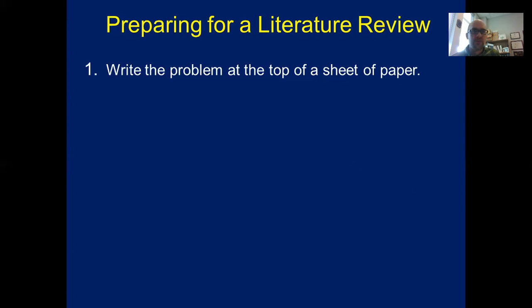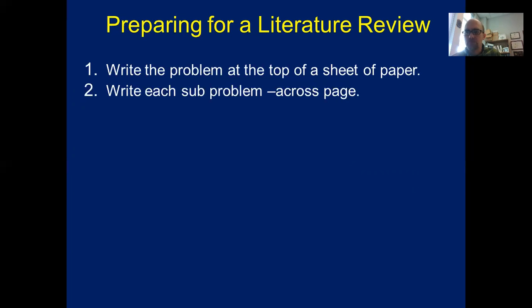So, things change within the plant: the nitrogen content, the ash content, the carbon content. These all change as the plant grows. That was something we were interested in finding out more about, how these changes occur over the growth period. Okay, so once you've identified the problem, then you want to identify sub-problems or subcategories within